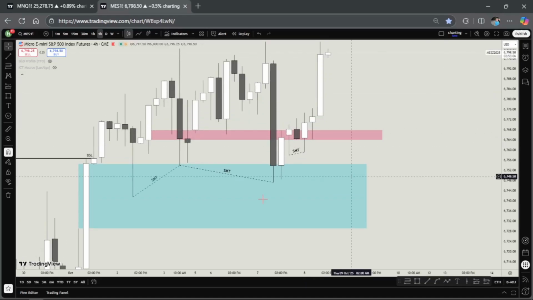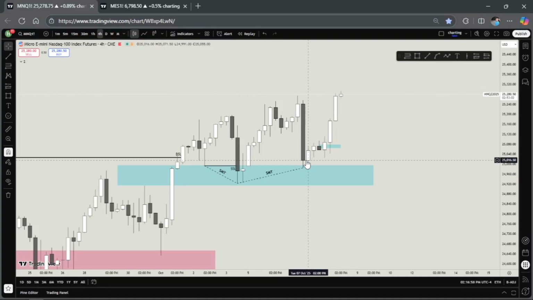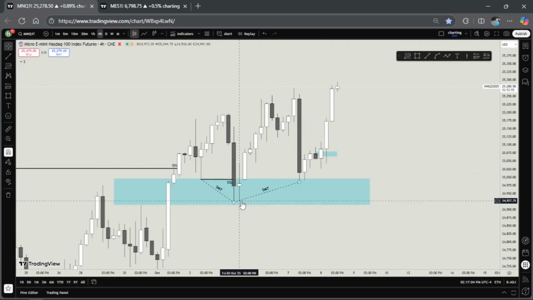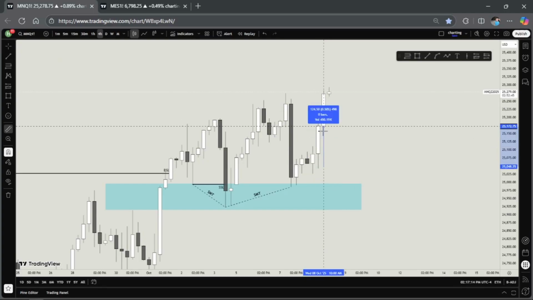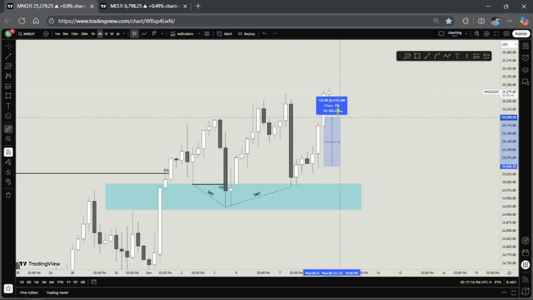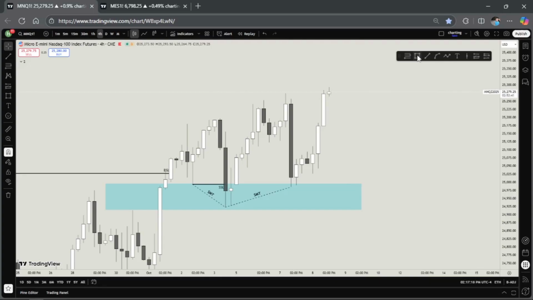And on ES, as you can see, we sweep this low, but on NQ, we don't sweep this low, and we create a bullish SMT. And after this SMT, market makes a bullish movement. As you can see, 2 candles expand to the bullish side. We made a bullish movement and break